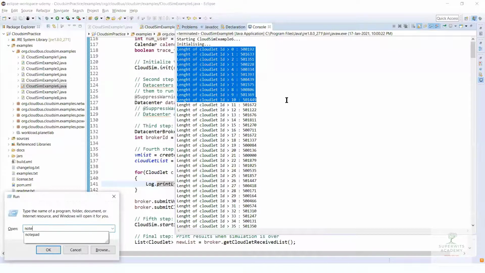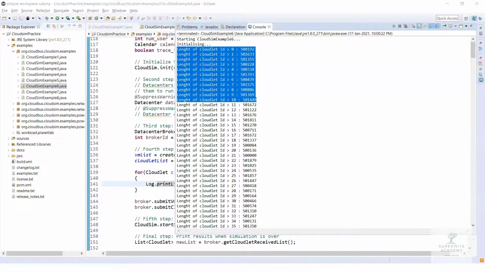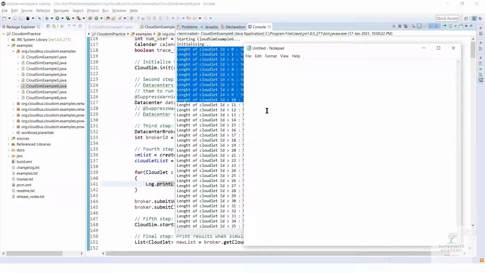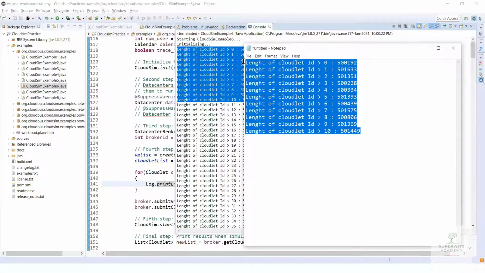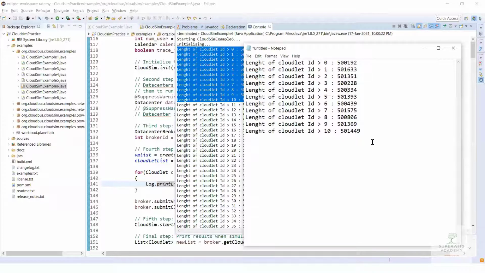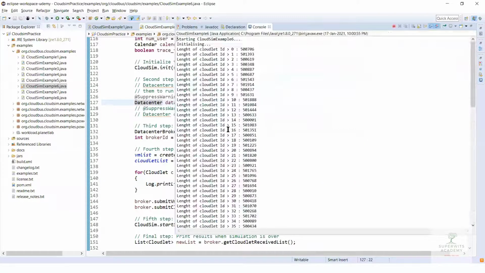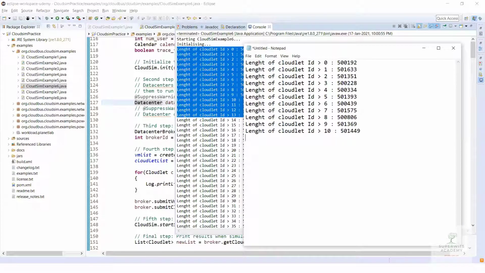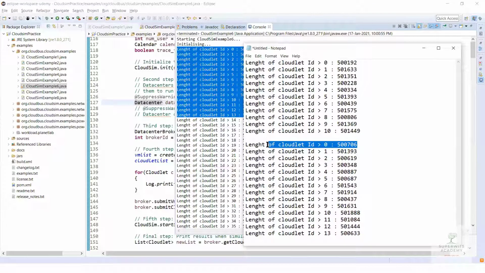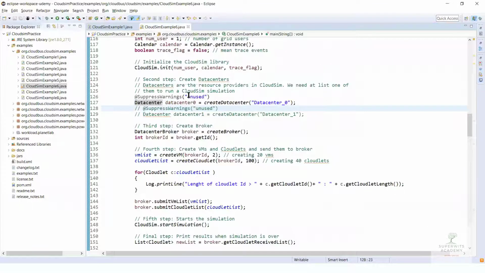Control R, C, Notepad, and okay, where is the Notepad? Yeah, here it is, Notepad, and I just paste it. Now here in one simulation run, I'm getting this particular length, whereas in another simulation run you will find that I'm getting a different length for those cloudlets, right? So if you look carefully, 5 lakh 706, whereas for the previous simulation it was 5 lakh 192. So if we are trying to do benchmarking for our simulation, it's not possible to do a repetitive test on your particular workload, right?